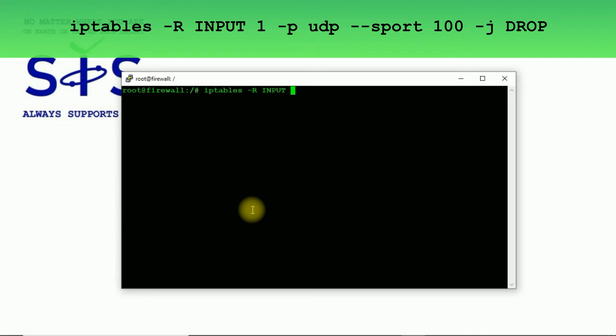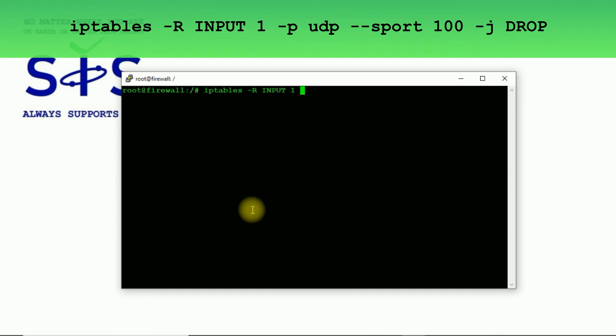So -R input, and next you must type the number of the rule you want to change, and type new settings for those rules.